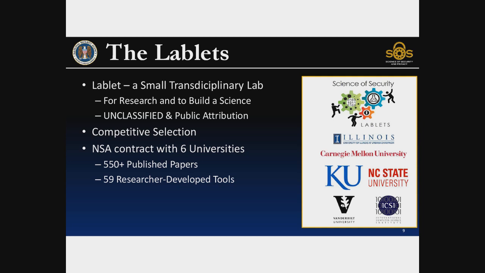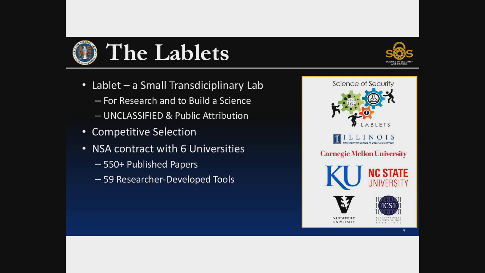It's the reality of dealing with academia right now, and so we're very much in the community. These schools were selected competitively, and those are our stats right now: 550 papers published. I think we're getting close to 600 at this point. Our schools, six now, are the University of Illinois at Urbana-Champaign, Carnegie Mellon, and NC State. Those three were the originals. Last year we added Kansas University in Lawrence, Kansas, Vanderbilt University in Nashville, Tennessee, and the International Computer Science Institute,